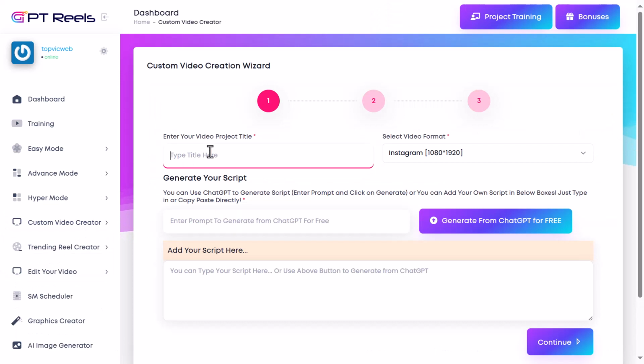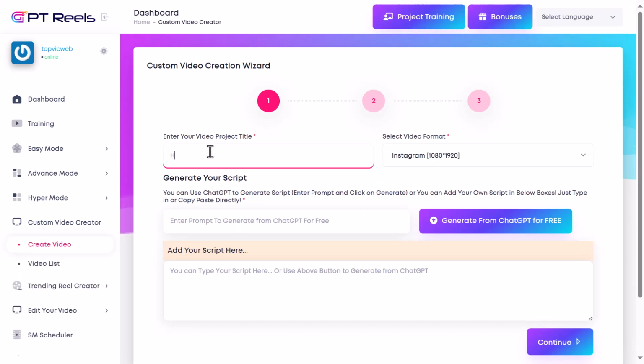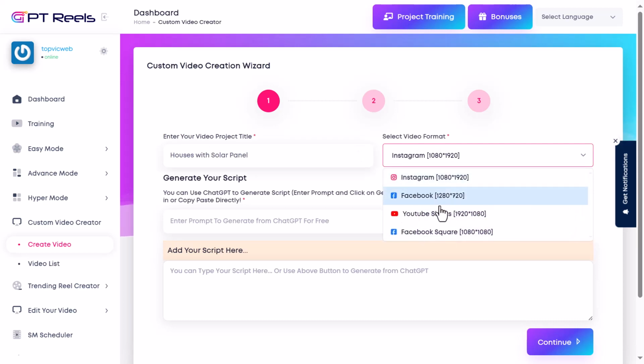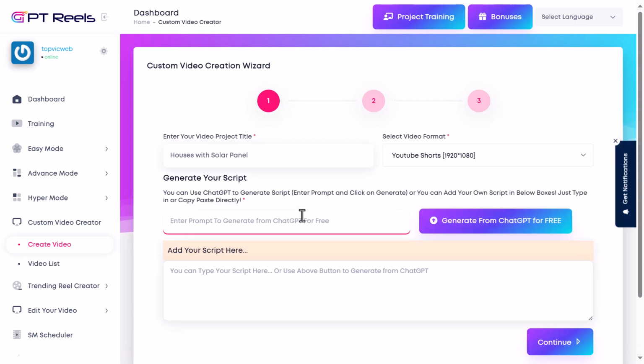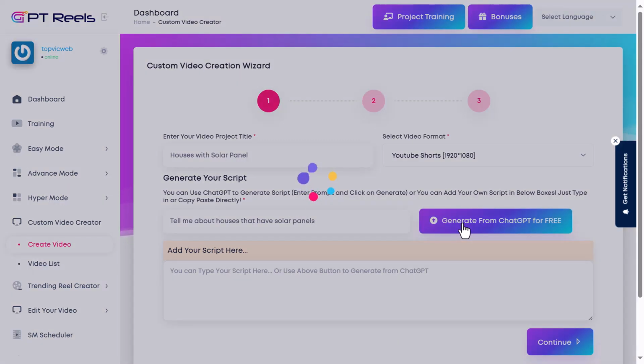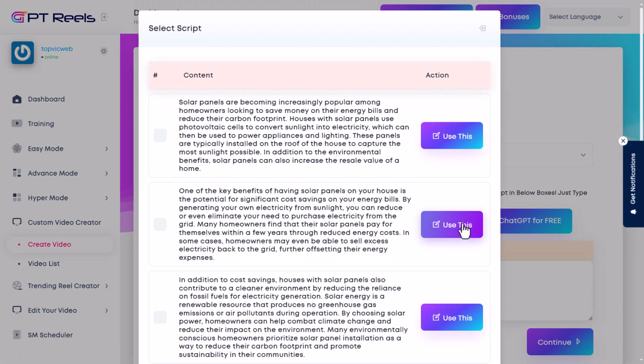Include your video title, your video format, your prompt for your script, generate, select your script,